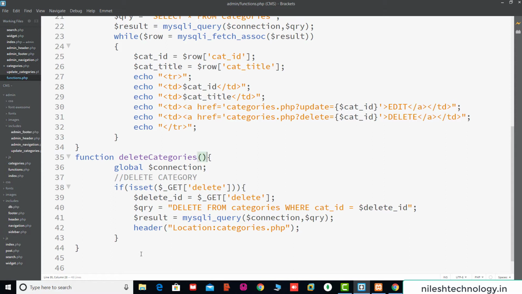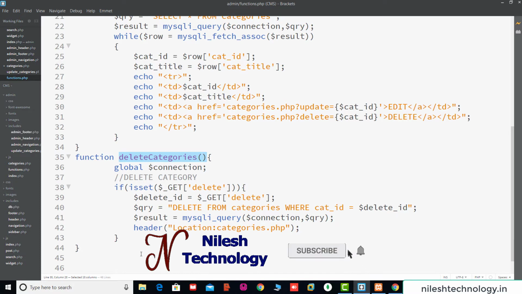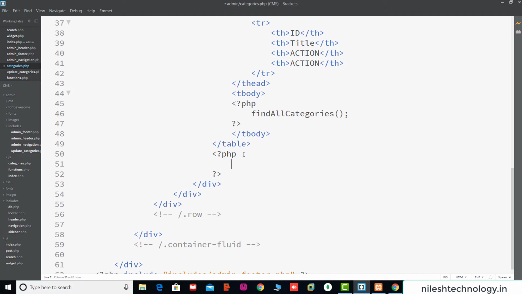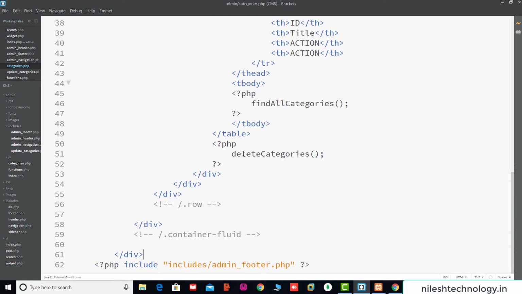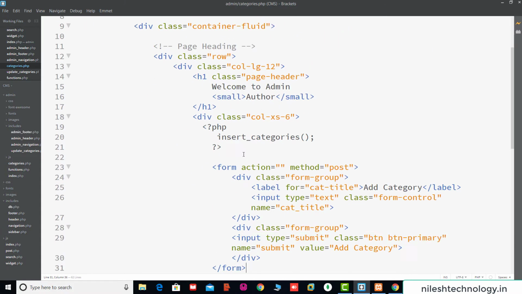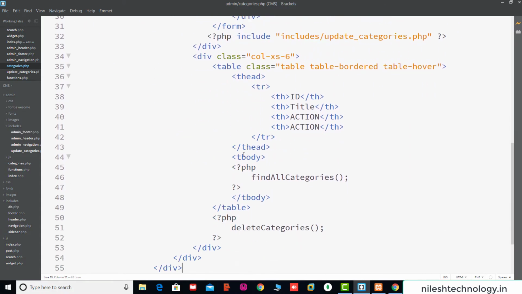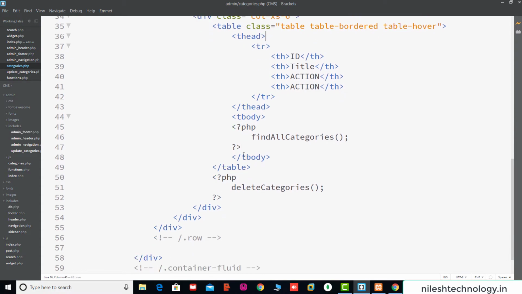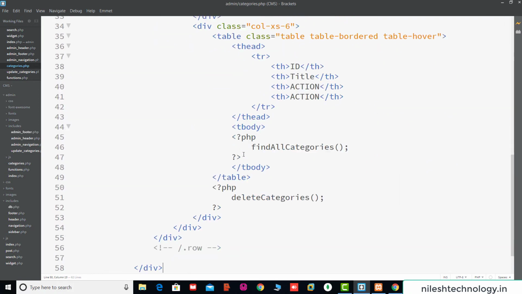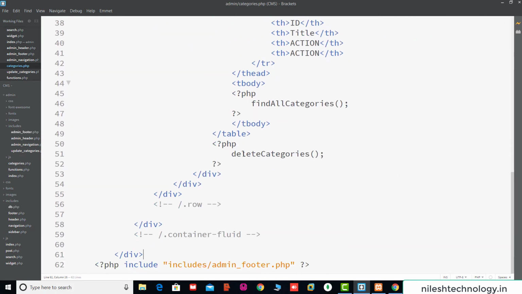Save. We call this function in the categories.php file inside this script. Okay, so here my code was refactored. Here we move all this PHP script into the functions.php file and make them functions. So my code is reusable and the files are smaller as compared to the previous one.